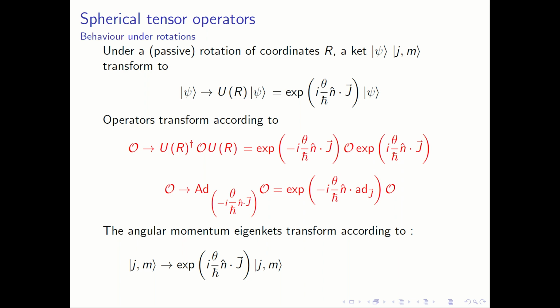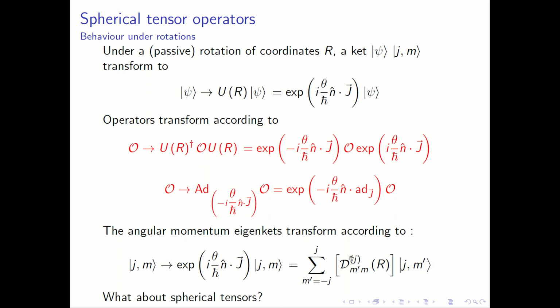And we have seen that this essentially gives rise to a matrix. The matrix corresponding to the operation R of rank j, and these are the m′m elements of the matrix, d^j_{m′m}(R), acting on |j,m′⟩ and summed over all m′. All you are saying is that this state is going to be a state in the vector space,